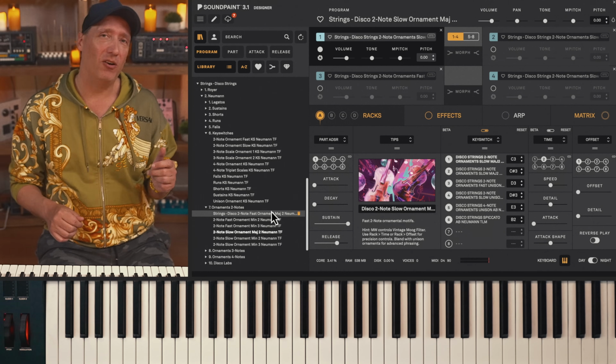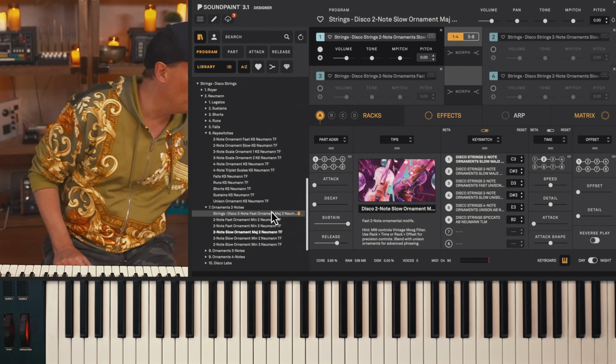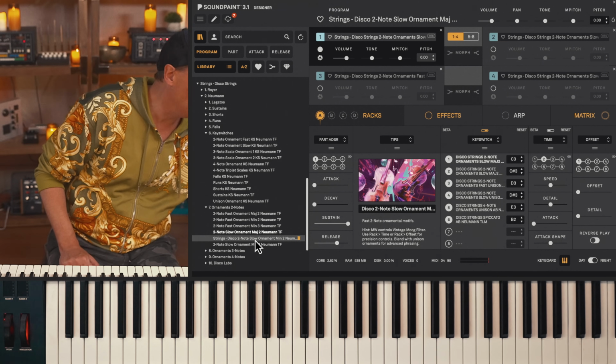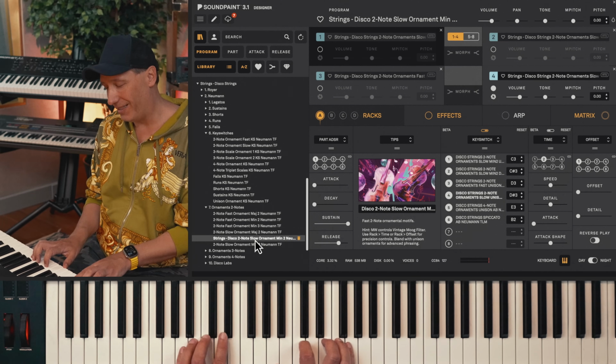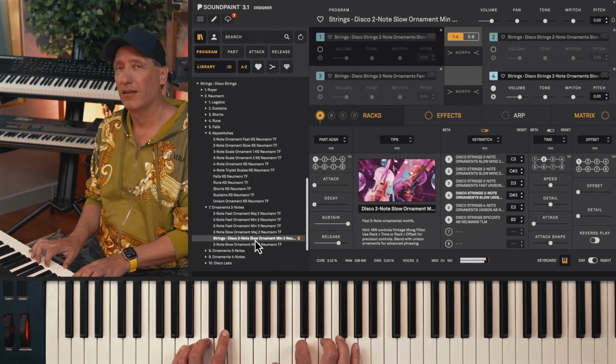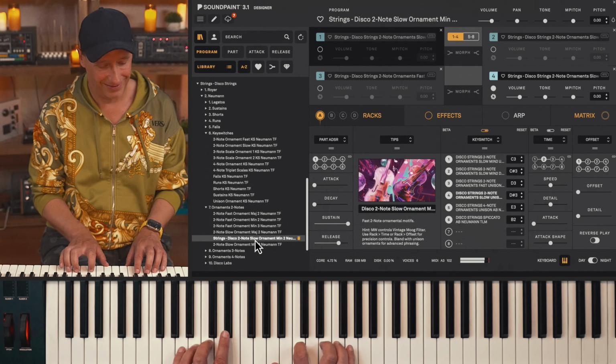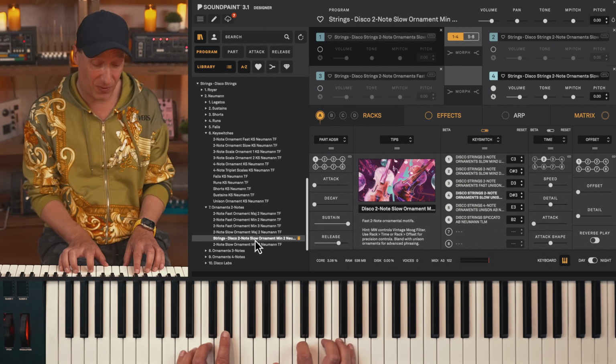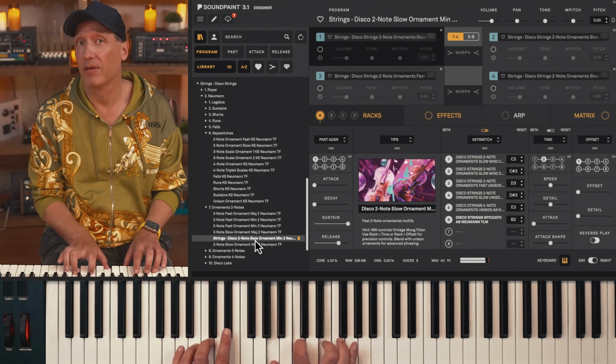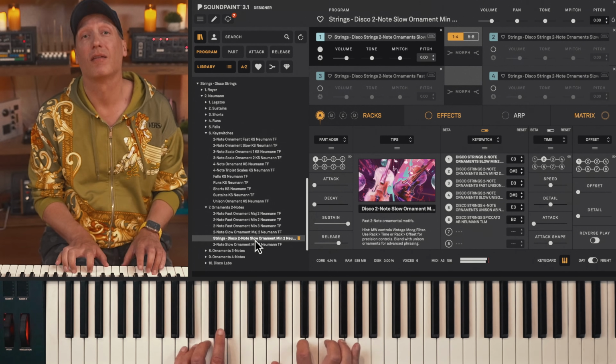Let me show you another one here, also in the slow family of our 2 notes, but this time we're going to go down to the minor instead. We can almost do these sort of like 70s Williams kind of things. And we can also combine it with spiccatos, for example. So combine fragments, combine unison notes with spiccatos as well. It's so easy to build our own key switches.